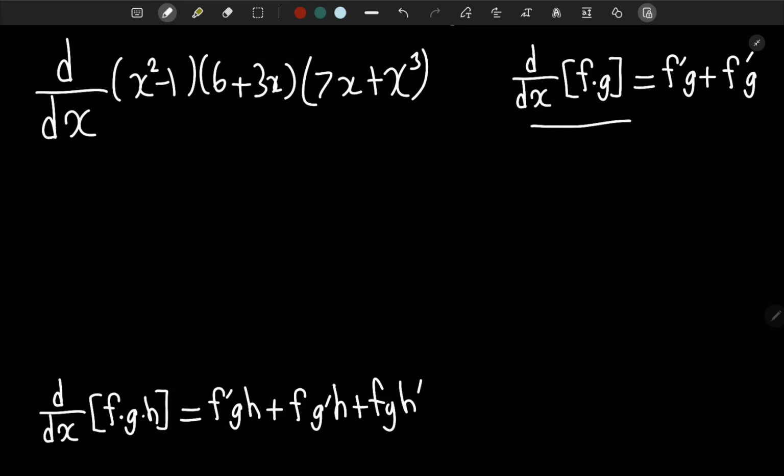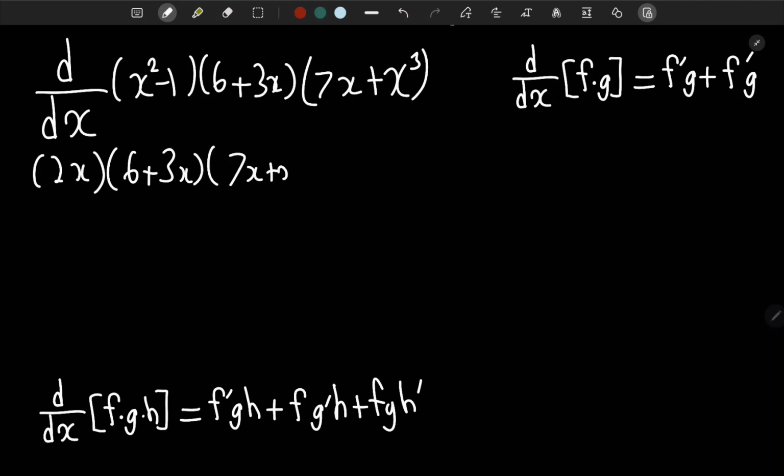So let's do that here. Let's start. It's going to be f prime g h. So f prime is going to be 2x, g and h are going to stay the same, so 6 plus 3x, and then 7x plus x cube, plus f is going to stay the same, so x squared minus 1, into g prime is going to be 3, since the derivative of 6 plus 3x is just 3, and h is going to stay the same, 7x plus x cube, and finally